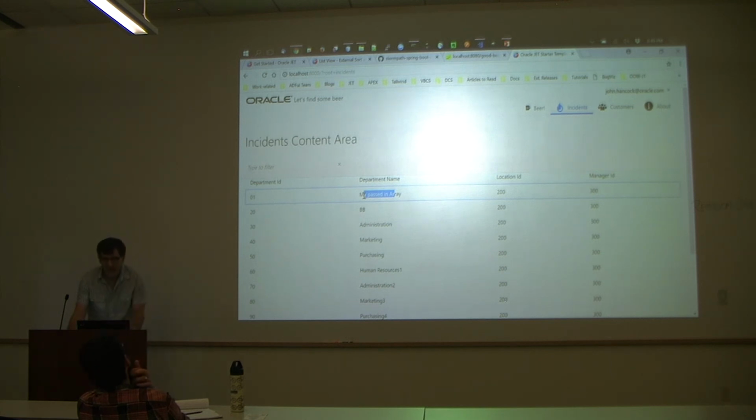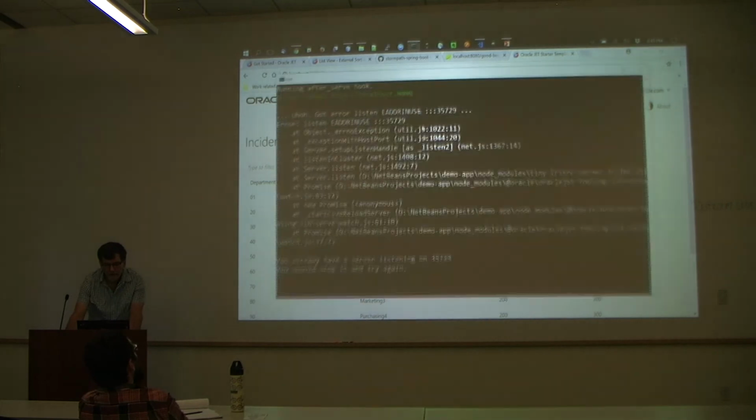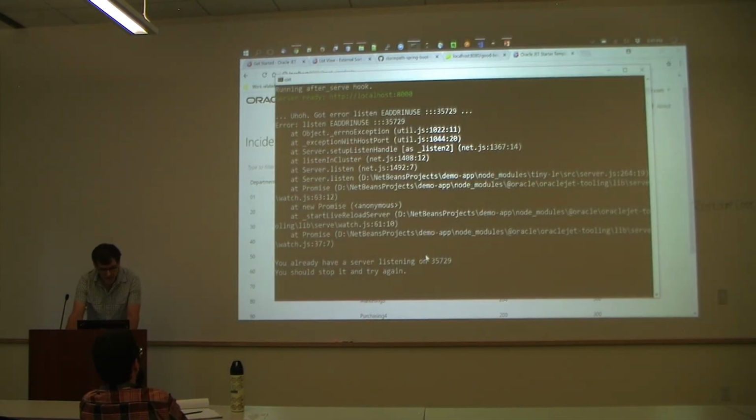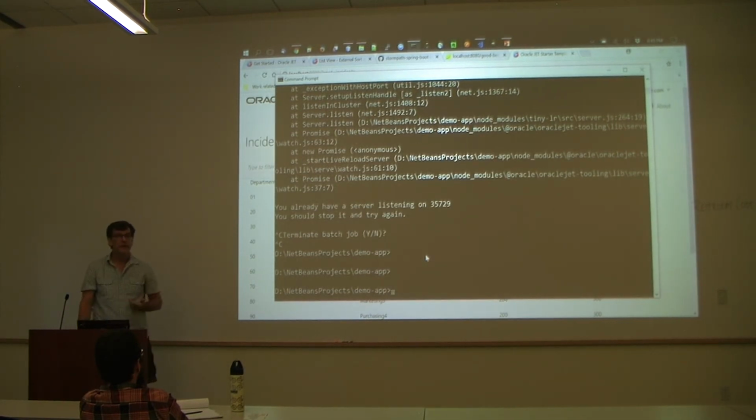The last point I wanted to make, and finish up on time here, is all of that work that I was doing to create those components. If I want to actually create my own component in Jet, you would think, oh, there are like 6 different files there, you have to know the directory structure, all those other kinds of things. The Jet command line tooling is ojet create component,